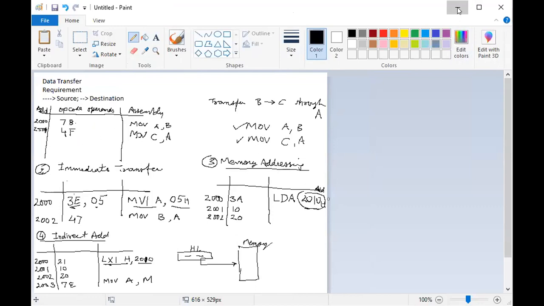We have seen the data transfer instruction basic concepts, how to start with the programming. We have seen examples of register to register addressing mode, how to write the instructions. We have seen the direct addressing mode. We also have seen the indirect addressing mode. We have seen the immediate addressing mode.